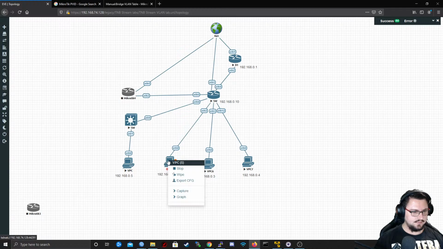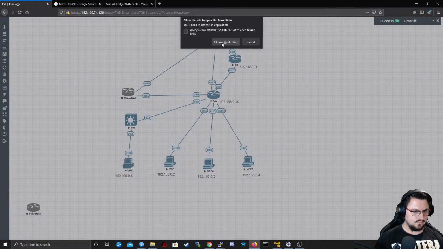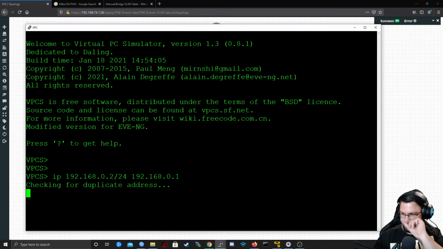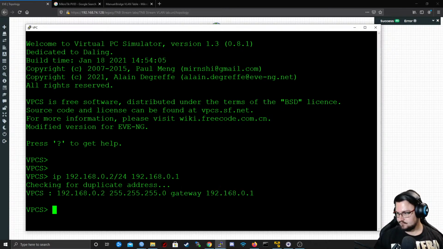Let's just stop the VPC and start it back up. Maybe something actually went haywire with the VPC. Let's just do an IP 192.168.0.2/24 with 0.1 as the gateway. Yeah, Ether 2 was untagged for VLAN 20, which is also why